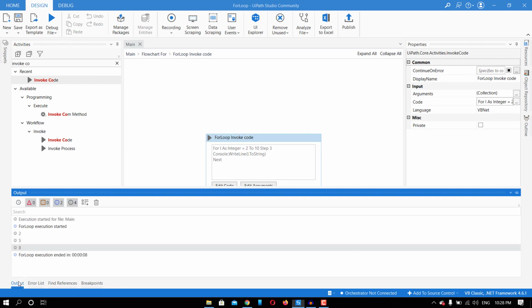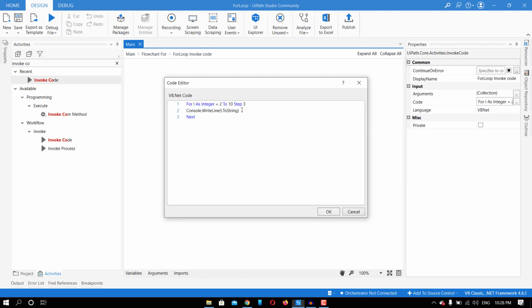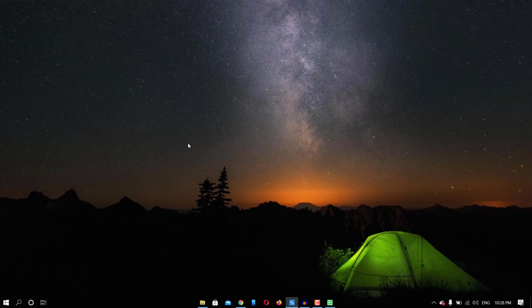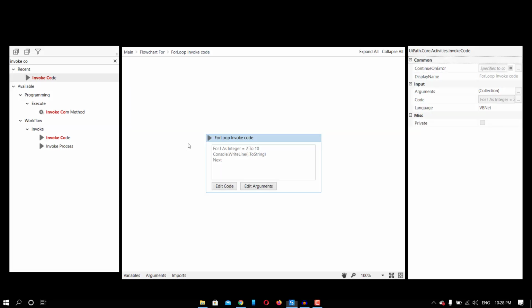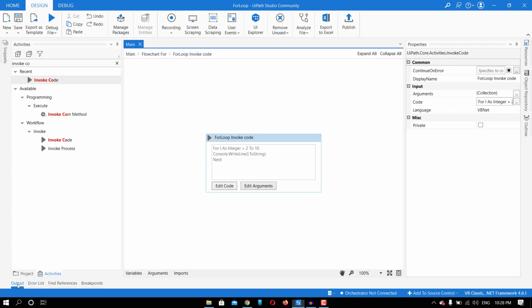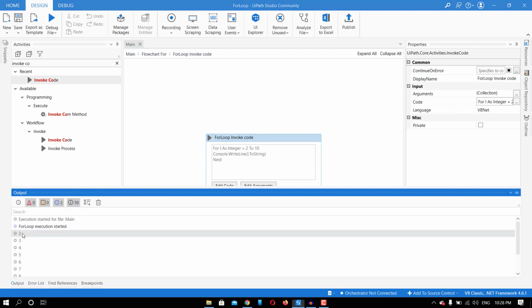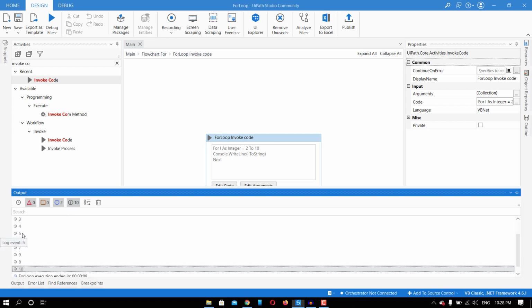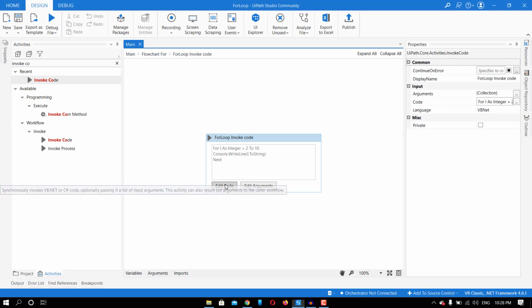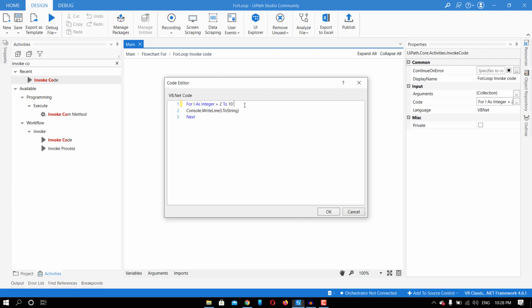So the thing that we need to take care of here is that I is an integer, okay, and we are doing an increment of 2 or 3 or anything. If I do not write anything, it will do the increment of 1. Let me show you this one also. As I have not done any increment, it will print 2, 3, 4, 5, 6, 7, 8, 9, 10. Okay. So here it's up to us or up to our business requirement. If we need to do the increment, then we can increase it by using the step.